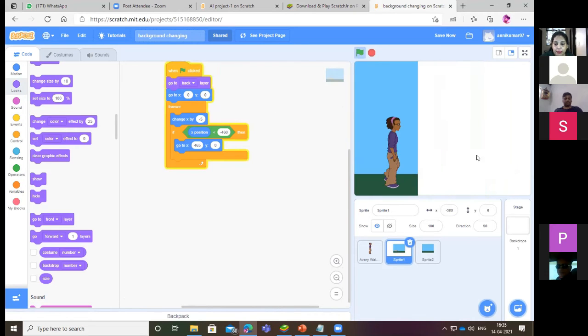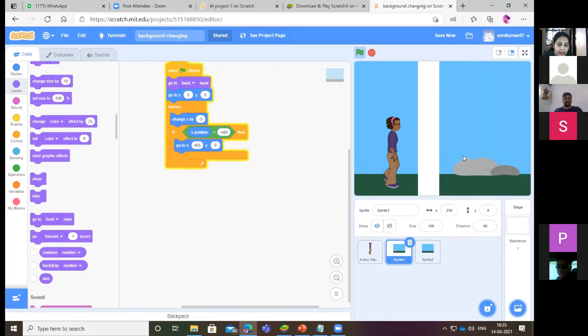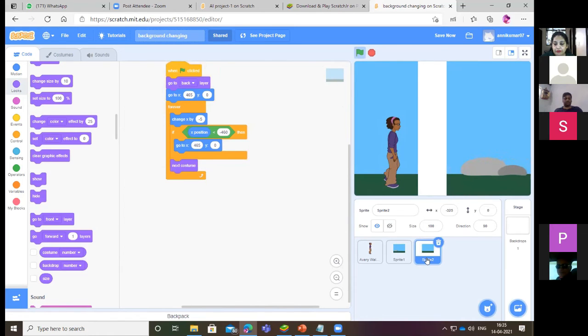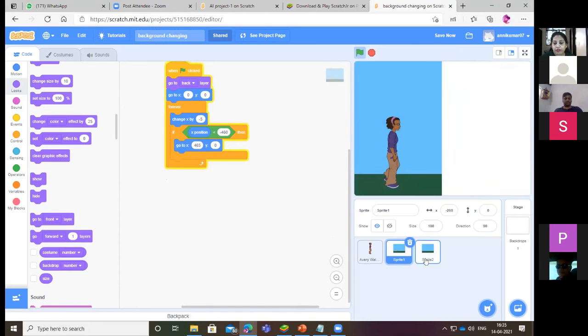See, when it is coming till here, you have another sprite that is coming all the way here. And now one more thing I have done. Suppose this is the second sprite, this was the first sprite where we have written the code.